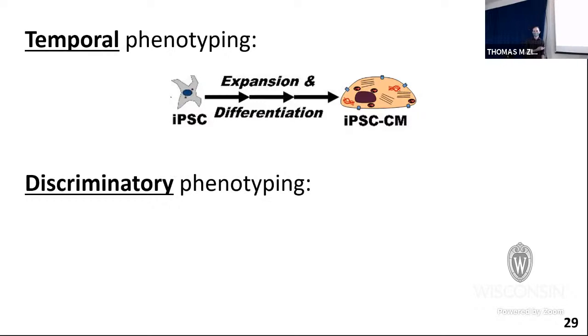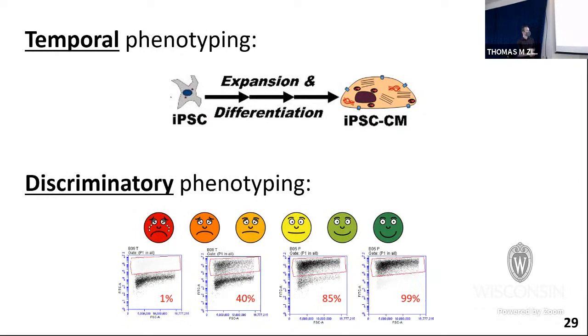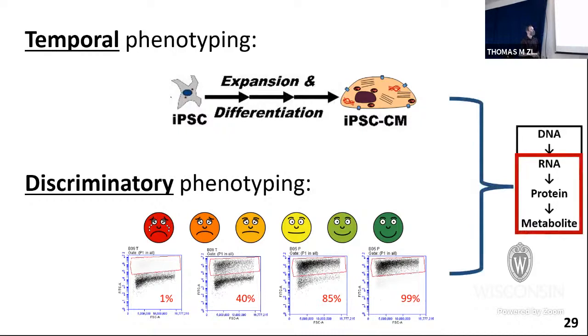So one of my initial slides, I was saying, we want to be able to tell if this is going to become a good differentiation or a bad differentiation. So again, a low purity of cardiomyocytes or a high purity of cardiomyocytes, as determined here by flow cytometry, looking at a specific cardiac marker that we use quite often. And then we'd like to do that, as I mentioned, in the multiomic side of things, so looking all the way at the RNA or the transcript level, the protein level, and metabolite levels.